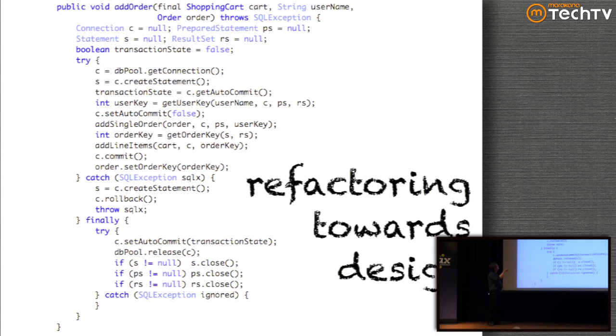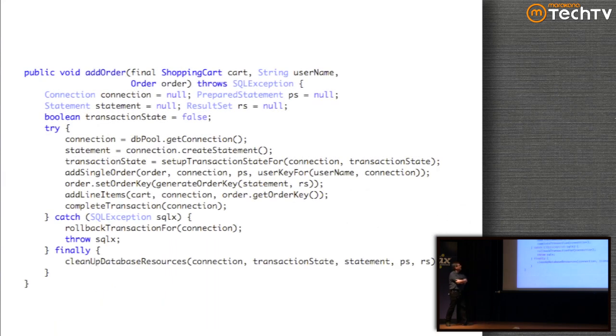And so that's what I'm going to do. I don't have any blanks in here because of tight spacing, but I'll take the lines that are conceptually together and do an extract method on a bunch of those and get to here. It's a little bit better. It's a little bit better from an abstraction standpoint because now I'm at an even level of abstraction.